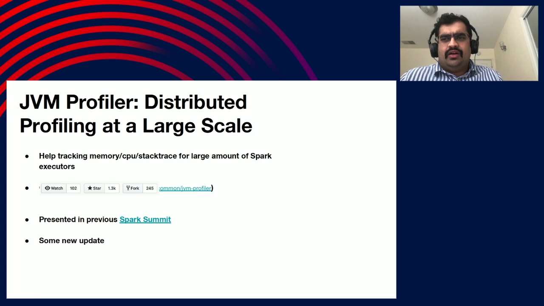So why is profiling a Spark job very important, and why is it very challenging? Profiling a simple standalone Java application is a very simple problem, because you have the application running all the time. So you can connect a remote debugger, or you can even use different profiling techniques to profile individual APIs or certain class code paths.